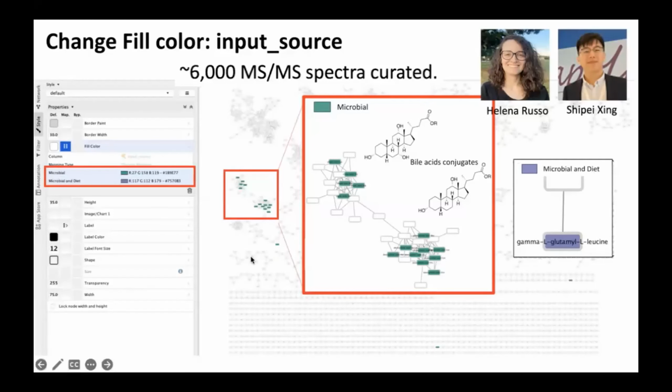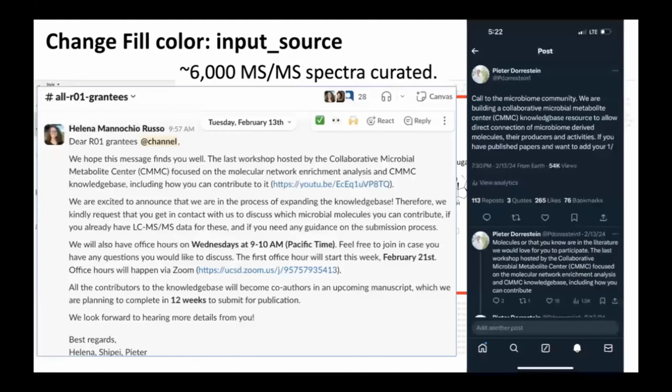But notice how many nodes are still not colored. That's because the reference database right now, although it's pretty good, with 6,000 MSMS spectra curated, is just a small drop in the bucket. And this is really where we need to bring the community together and say, hey, can you help curate it? We've started to make these calls to begin curating this knowledge base with the larger scientific community.